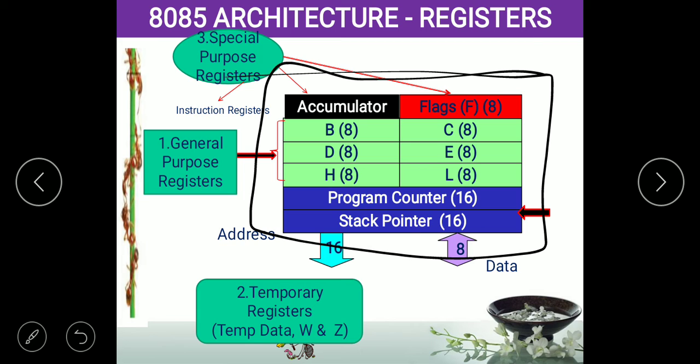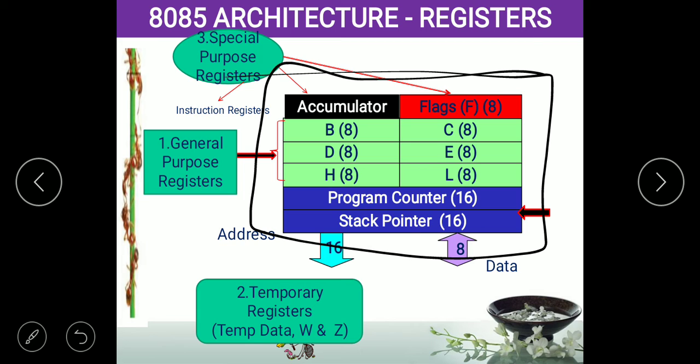Similarly, the register also has its own ID or roll number, or we can say address. The address name is B. Our house has an address like door number 72 or door number 51. Similarly, this register has the address B. Another registers have the addresses C, D, E, H and L. This is only the name of the address of that register. If you know it, it is more than sufficient.